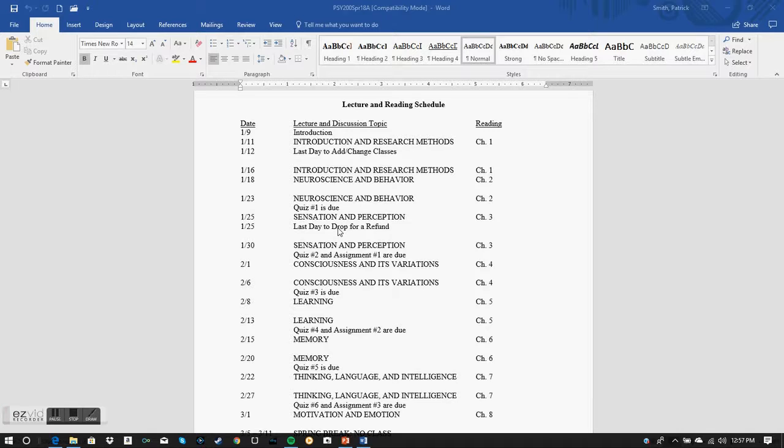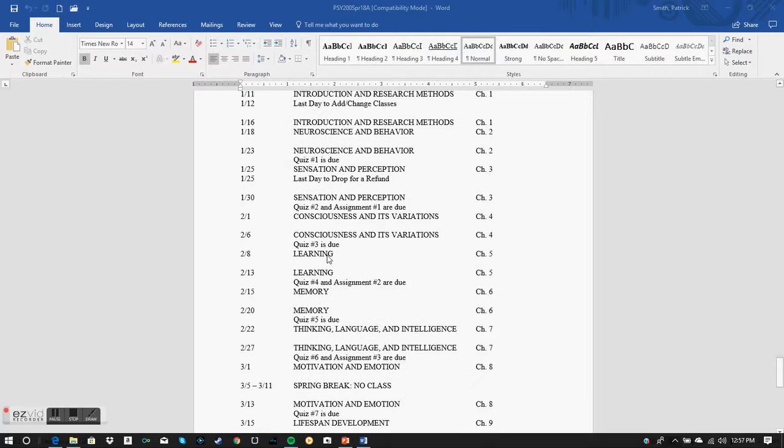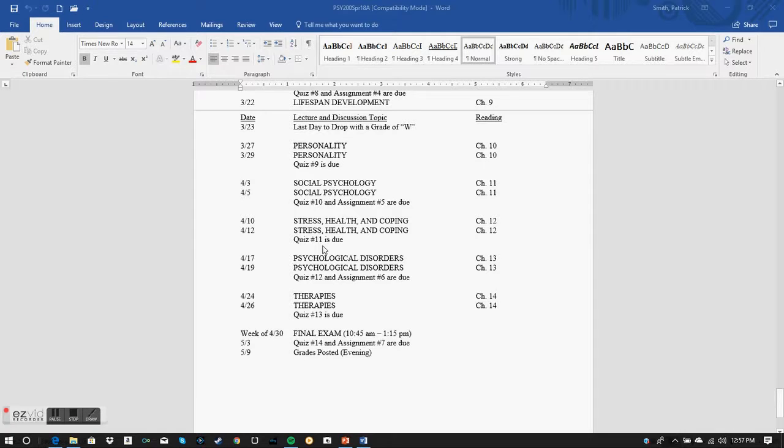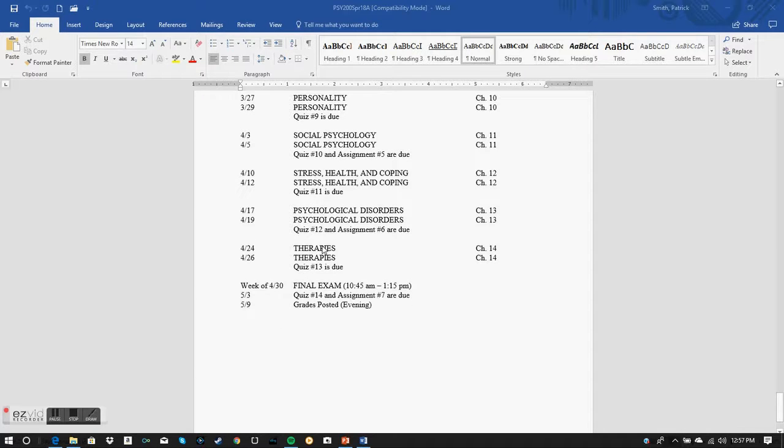And as you can see, we have about 2 days per chapter. Some chapters I think might have 3 because they're really long. But in any case, it's what's covered. There's no excuse not to turn your work in because you have all the due dates right there. When the quizzes are due, when the assignments are due. You have about a week to do them. So there wouldn't be any excuse to miss, would there? Because you have a week to do everything. And being as I'm telling you when it's due,